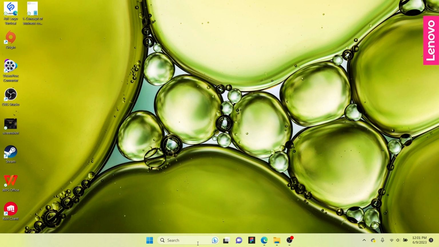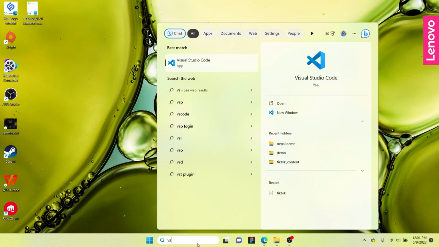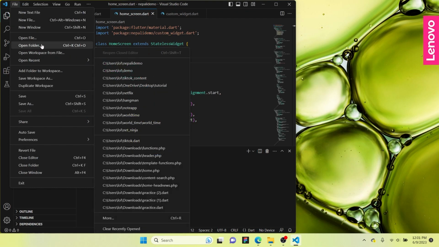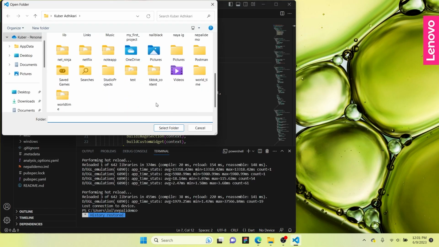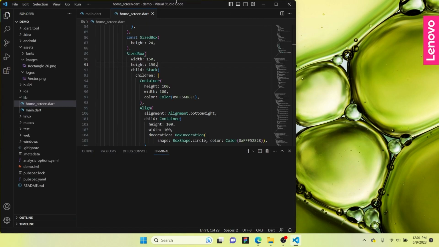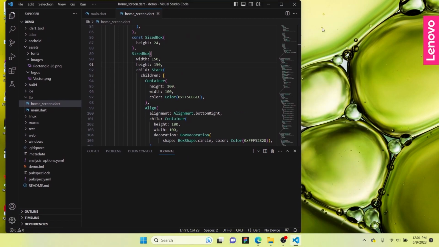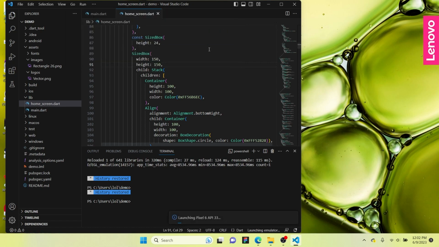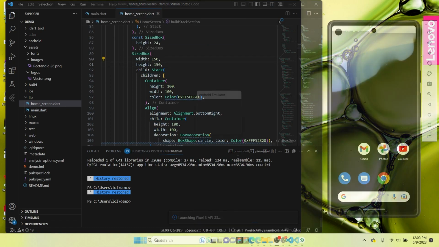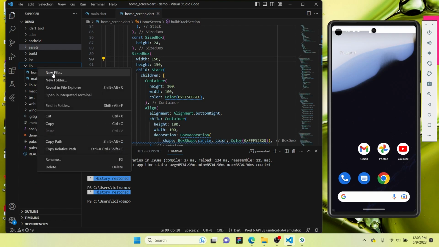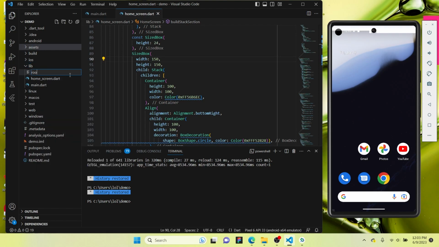Let's start by opening VS Code. Let's open the previous project, and let's also start our virtual device. Once our virtual device has started, let's begin by going to the lib folder and creating a new file called root